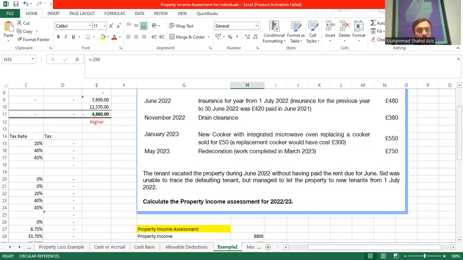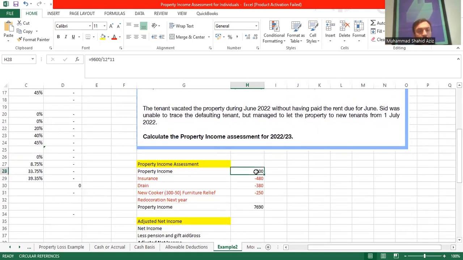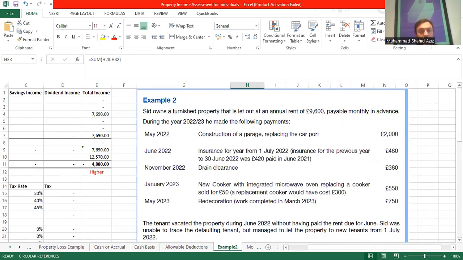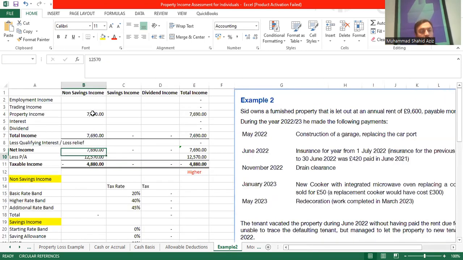So property income is 9,600 divided by 12 multiplied by 11, which is 8,800. Then we minus all these expenses from here, so it will be 7,690 pounds. We will write this 7,690 pounds under non-savings income, and we will minus the personal allowance. So it means there is no taxable income. Let's see the other example,